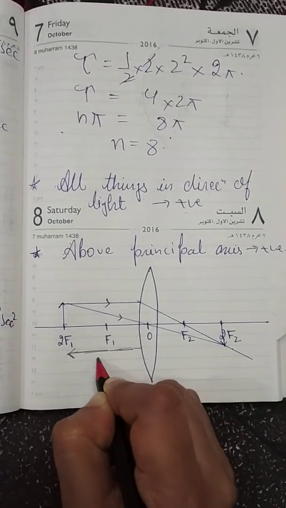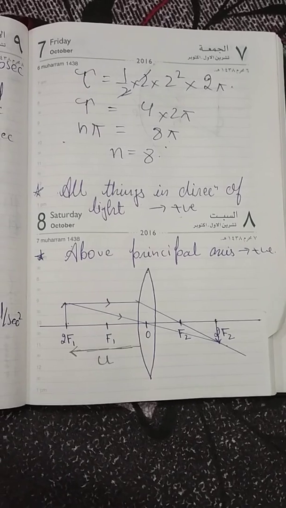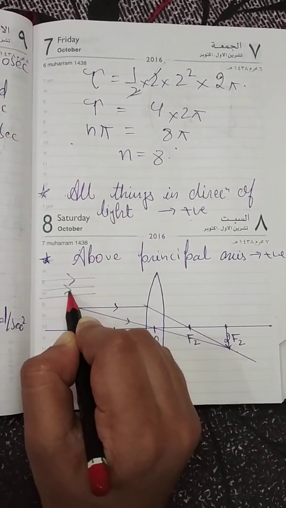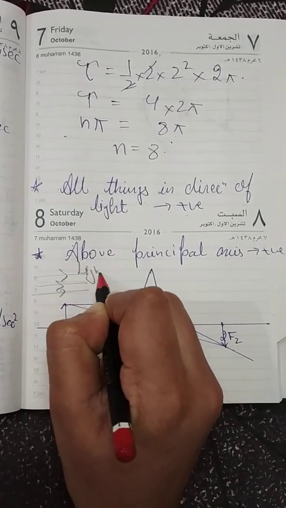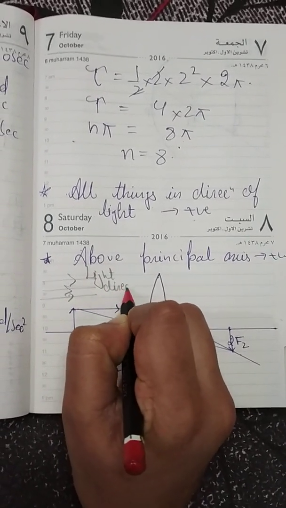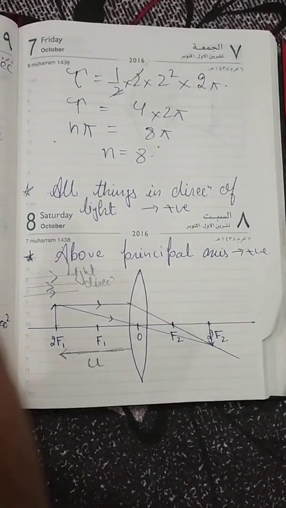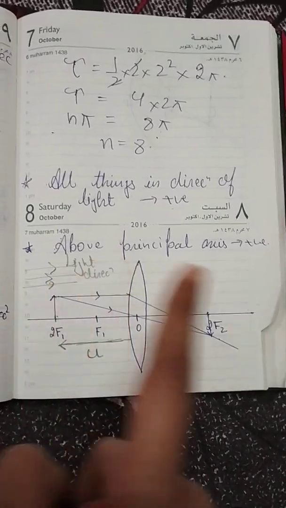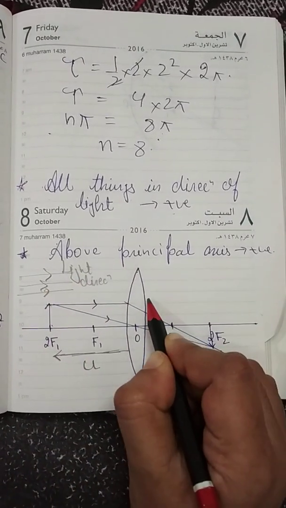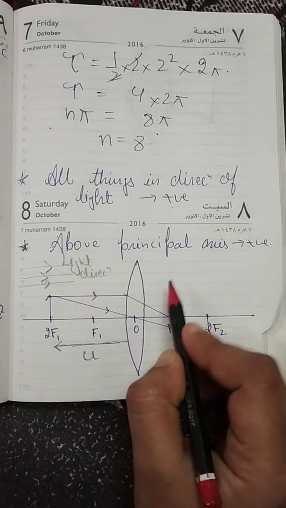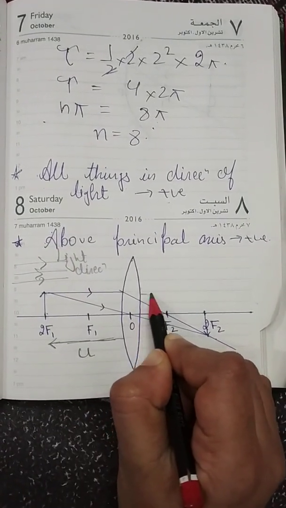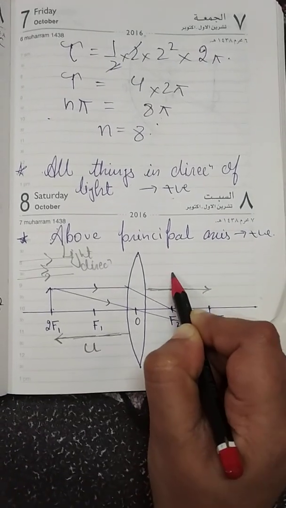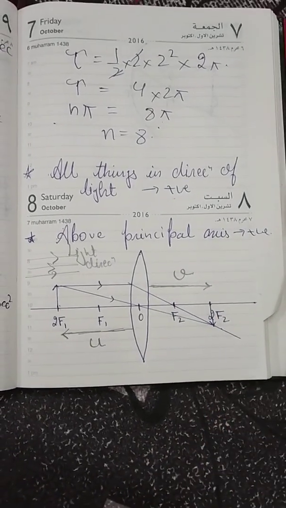Okay, so object distance is u, and of course light is coming like this. This is the incident light direction, behind the object. Now look, this is my image: object at 2F1, image will be at 2F2. So all distances are measured from the pole, and this is my optical center in the case of a lens. So look, my arrow will be like this. This is my image distance, since my image is here.